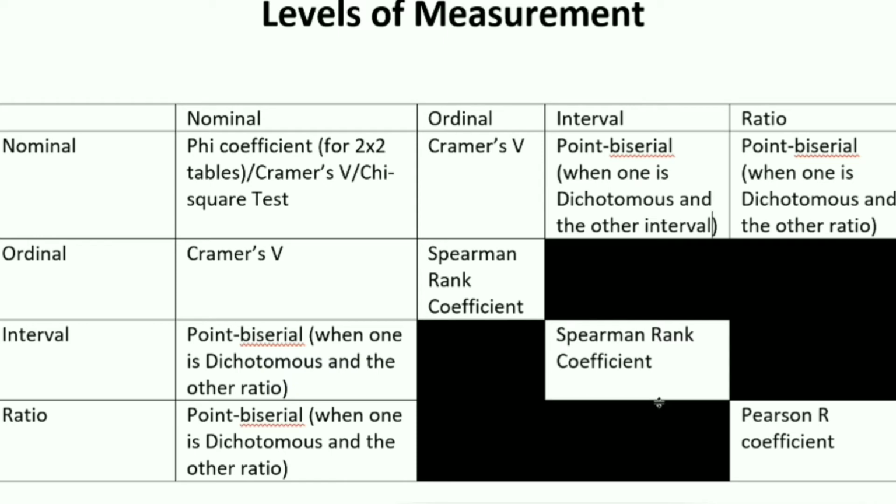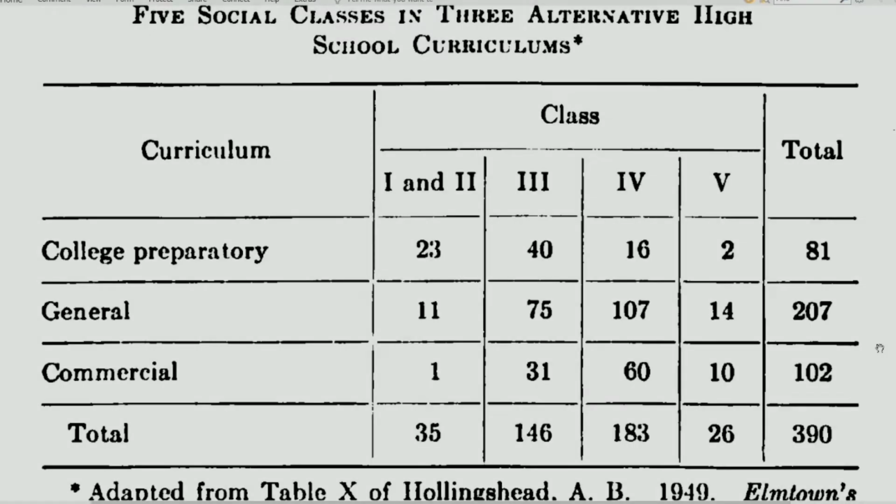And for the last one, if your variables are both ratio, we can use the so-called Pearson r coefficient to determine the degree of association for the two variables. Okay, so for this example, I will show to you how to analyze this using